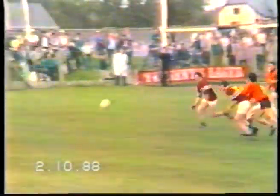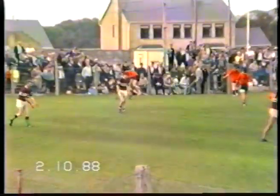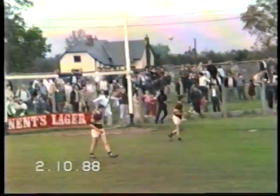Goes to Ger Mullen, well fisted down. Comes to brother Aidan, I believe it is. Aidan lays it back to Ger. Ger lofts one in towards the goal. Can it be held in play? Slightly better than the last one, but still possession comes to Shrule. Davy Hyland feeds it into Tony Mullen. Tony is making good progress. He tries a shot towards goal, but again,